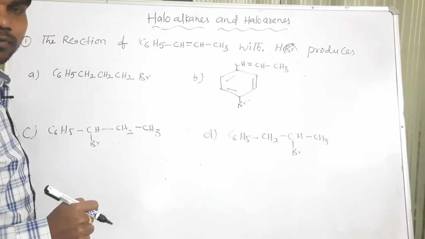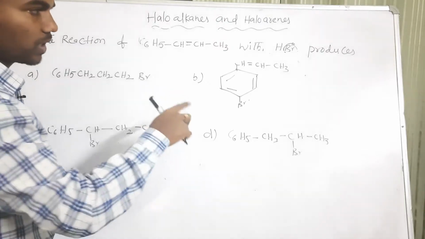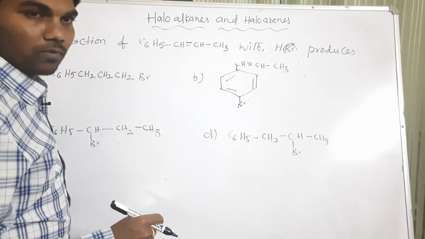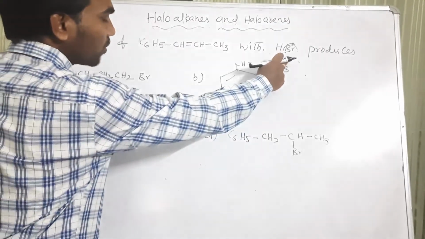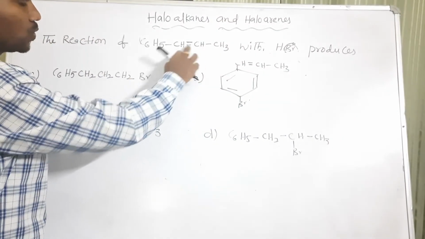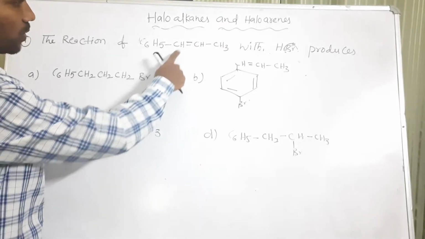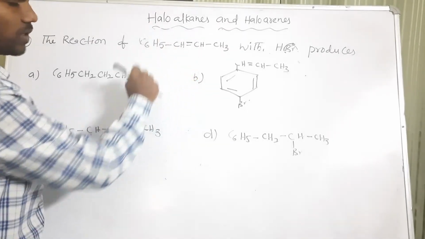According to Markovnikov rule, when an unsymmetrical alkene reacts, the negative part of the addendum should be connected to the less hydrogen containing carbon. But in this case, these two carbons have the same number of hydrogens. In such a case, negative part of the addendum should be connected to which carbon in between these two?